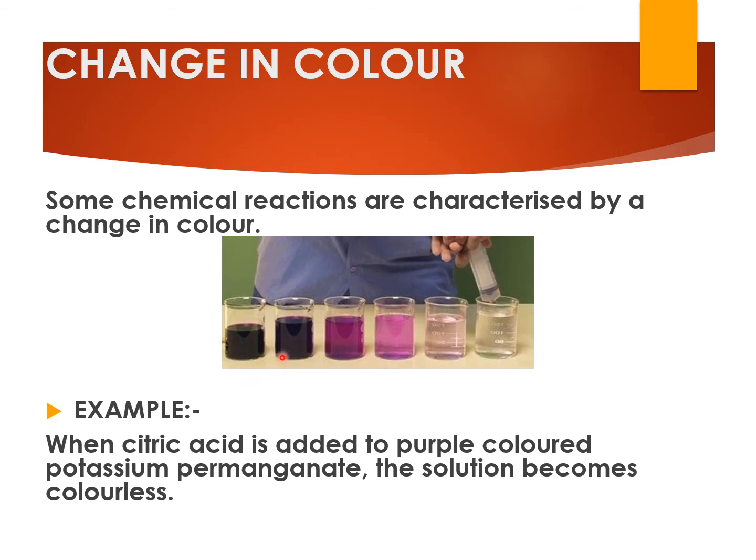We generally have potassium permanganate crystals which are purple in color. So you just take a glass tumbler and put 2-3 crystals of potassium permanganate in that and put water and make a solution. The solution will become purple in color like this. Then you just take lemon juice, take a lemon from the fridge and put lemon juice in this solution, and you will observe that the purple color just disappears. So that is the same reaction, that is citric acid and potassium permanganate. When they mix, then the purple color of potassium permanganate is decolorized and it becomes colorless.